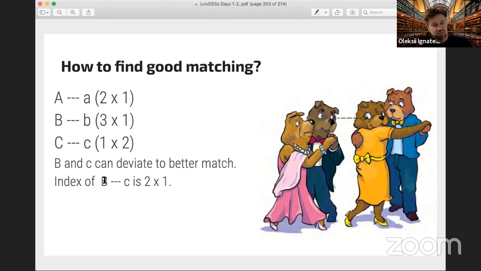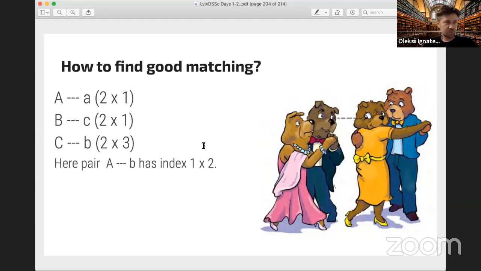So here B and C can form a better match, because the index of the pair, B big and C small, is 2 and 1, and it's an improvement for B, and this is an improvement for C. So this matching is not stable. So let's deviate, okay? And then we have